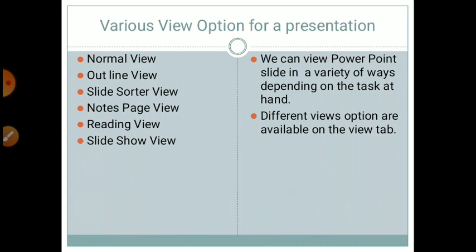When using Slideshow view, we can keep clicking the mouse or keep pressing the Enter key to go to the next slide. We can stop the presentation by clicking the Escape key.